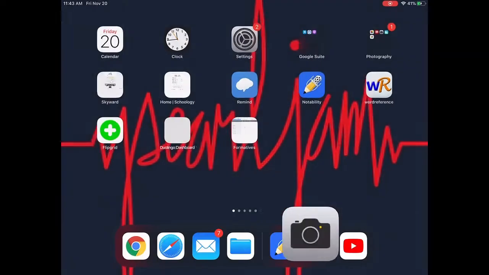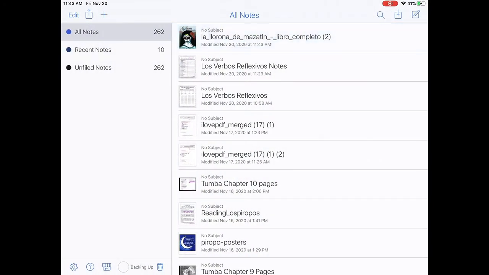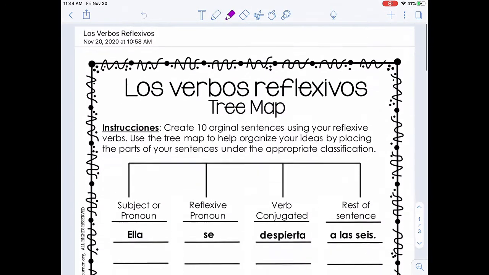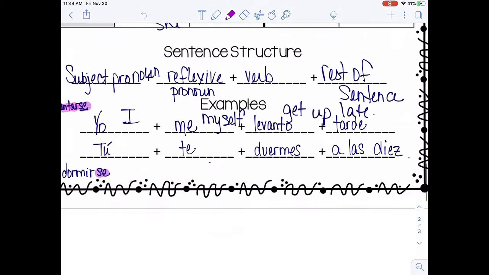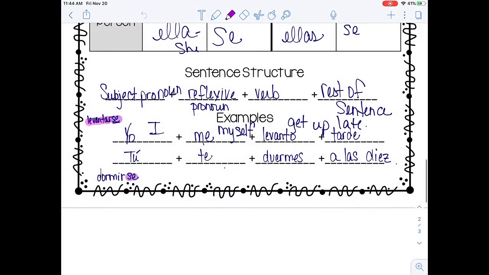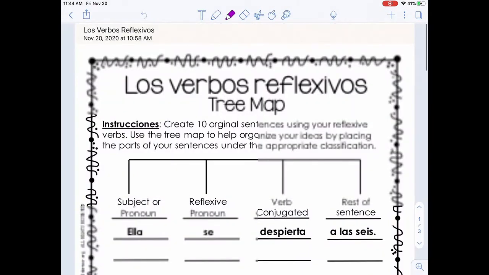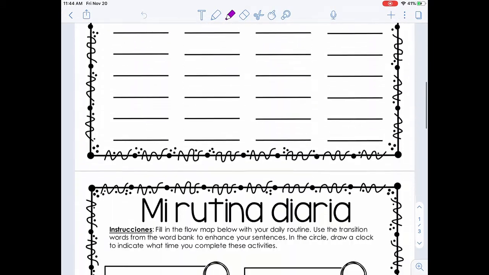Today we're gonna talk more about reflexives. So if you go to Google Classroom and look at Tuesday's assignment and get the paper there, it's gonna look something like this. It's gonna say tree map, okay? You're gonna need to remember this little sentence structure thing that we talked about yesterday. I want you to jot that down somewhere and have that handy, because it's gonna come in handy when we do our sentences. So we're going to write some sentences using the reflexive verbs, and then we're going to